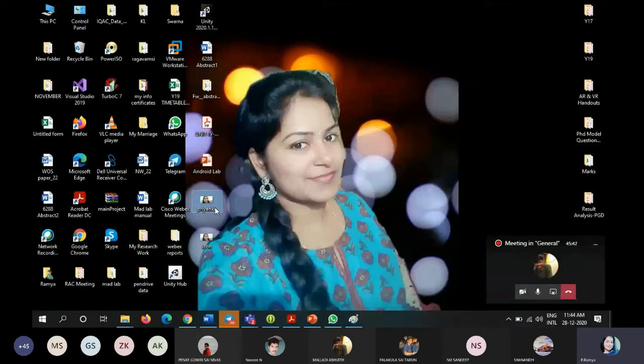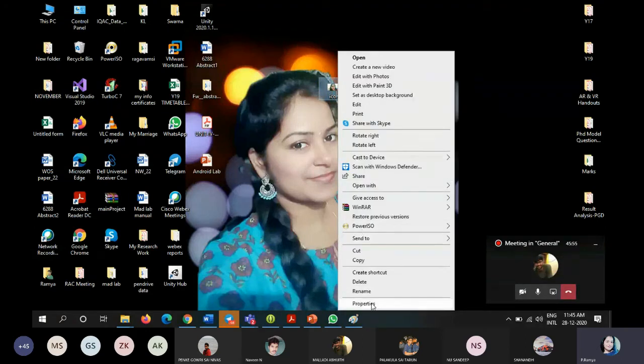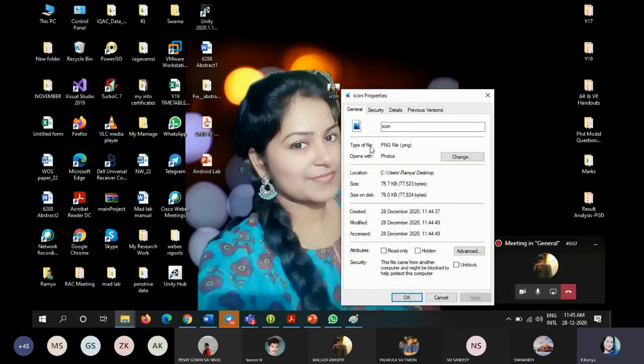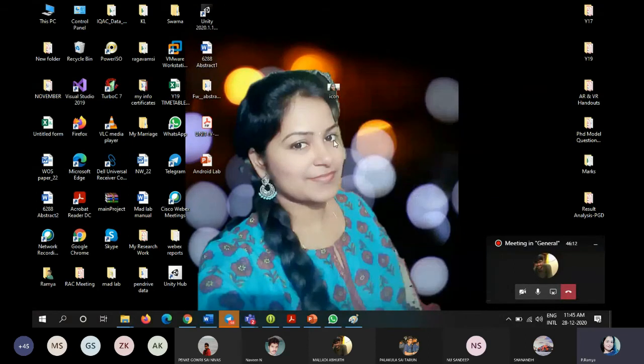You can see Priyanka is a JPG image. I just deleted that particular one. See, the PNG image should be replaced with an icon. You just see the properties whether it is a PNG or a JPG. See, the type of file is a PNG file. So while saving that particular image, you can give the extension as PNG. Automatically the image will be converted from JPG to PNG. It's a very easy process for converting the image, right?